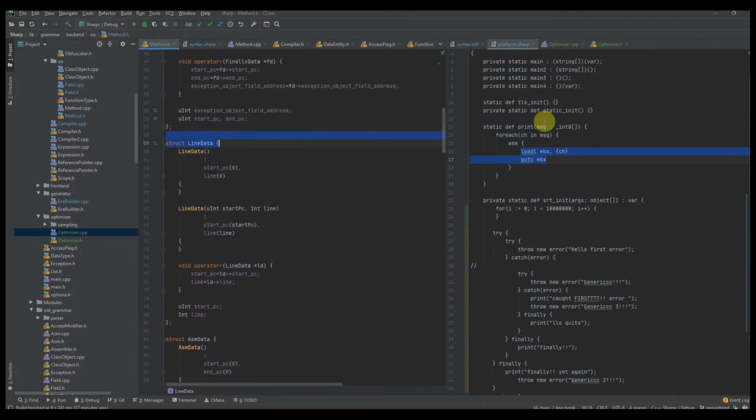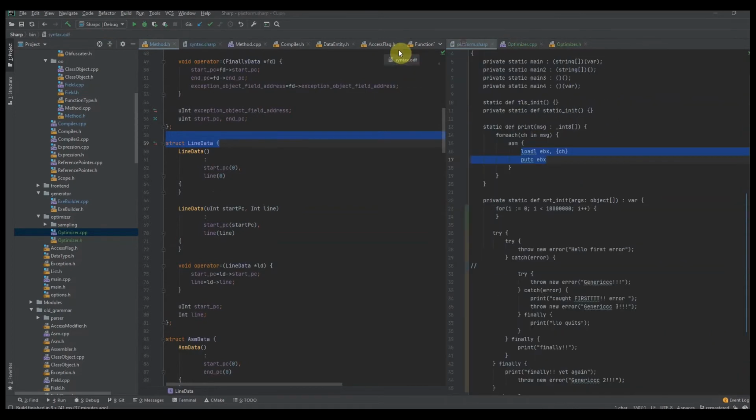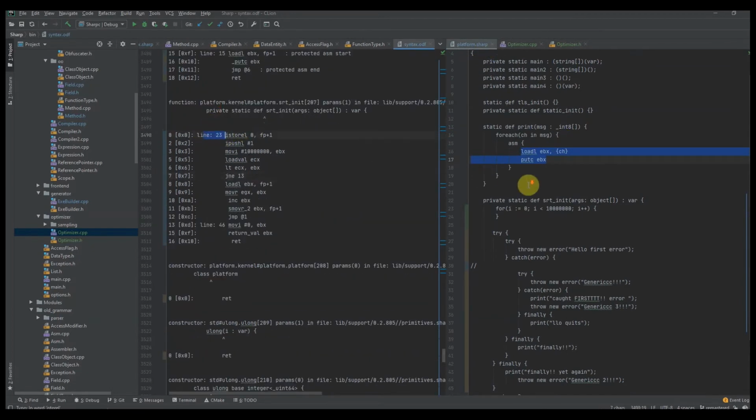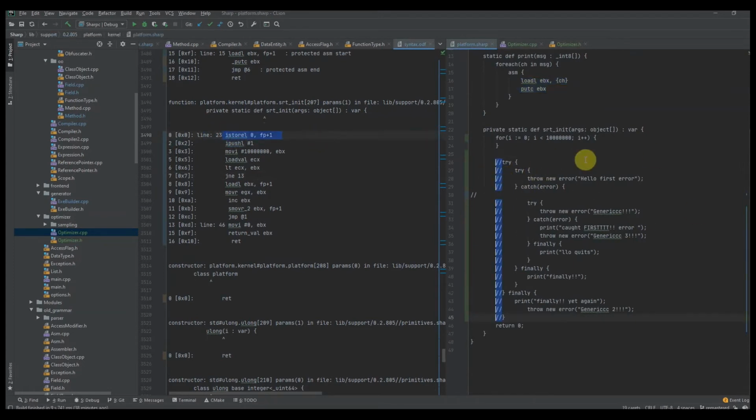After that, we have our line data. I'm sure you've seen it before, but here's an example. We have our SRT init, and if I put this side by side, you can see that at line 23, SRT init, this is the start of the for loop. This was with the code commented out, without all the try catch stuff. This is how a for loop looks at the low level. So at line 23,